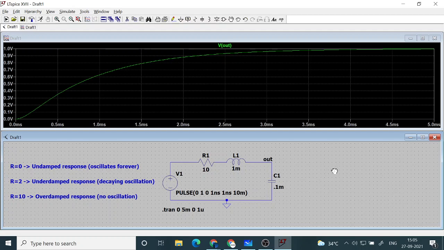Sir, in the practical sense, even if we remove the resistors, I think the oscillations will still be dying out. No. In the ideal case, it will not, because resistance is that part of the circuit which dissipates energy. If it is entirely removed, there is no part which will dissipate energy. Of course, it is the ideal case.